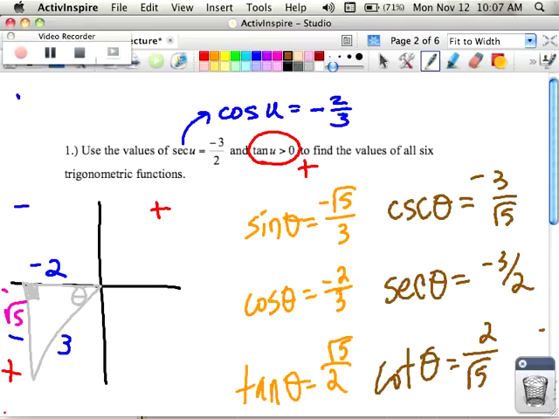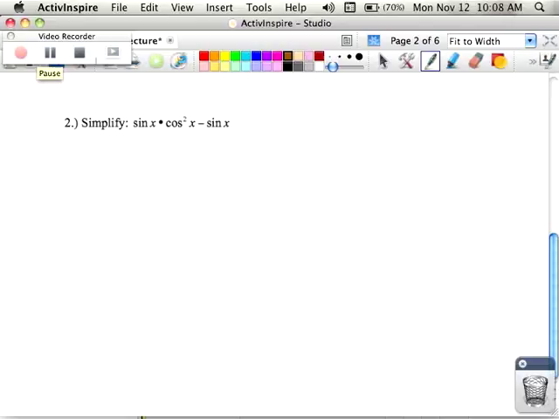Questions about number 1? Okay, so when I am solving math problems, I'm always looking for patterns, because math is the study of patterns. And the first thing that I notice in number 2 is that there are 2 things that say sine. Do you guys notice that? Okay, so I'm going to notice that I see sine here and sine here. And so this is what I'm going to do. I'm going to take that sine